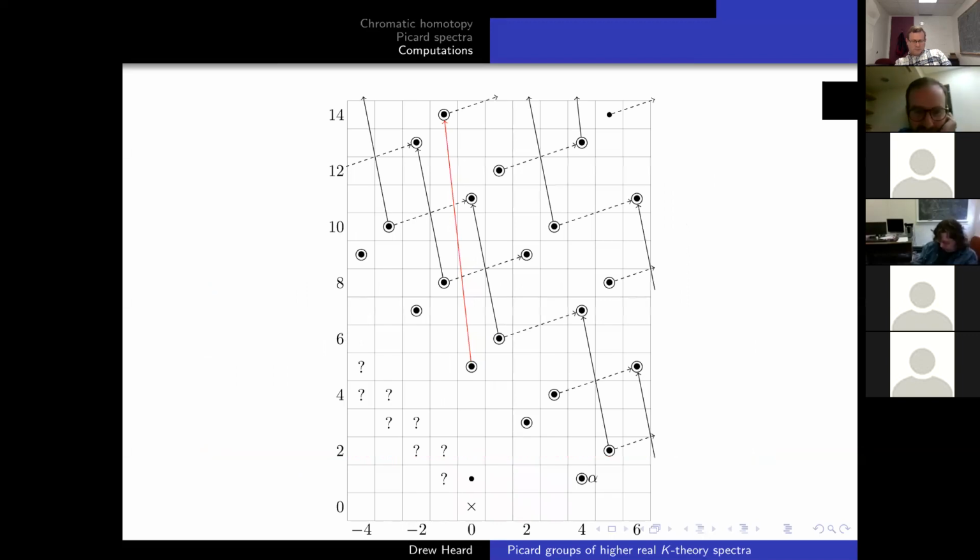So here's the picture of the Picard spectral sequence. Here's my class E1 that I've been talking about. And here's this red line showing this differential that we sort of understand. And here's one of these classes that was not shown before. You can see that it dies, and everything else dies here. This cross here was the Z mod 2 we got, and this dot was a Z mod P. Okay, and we didn't actually know what is going on in these question marks over here,